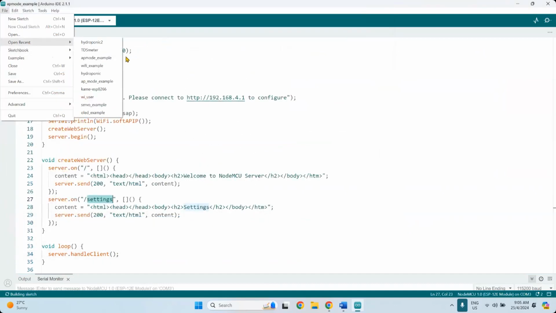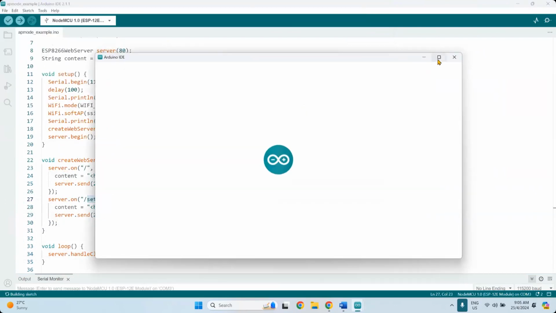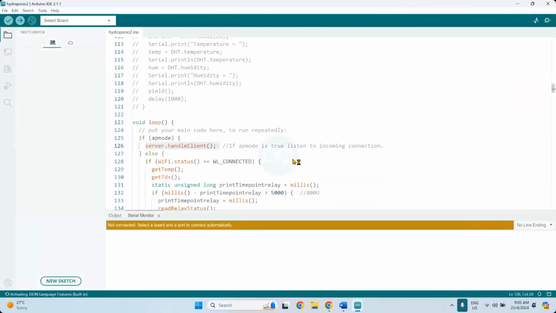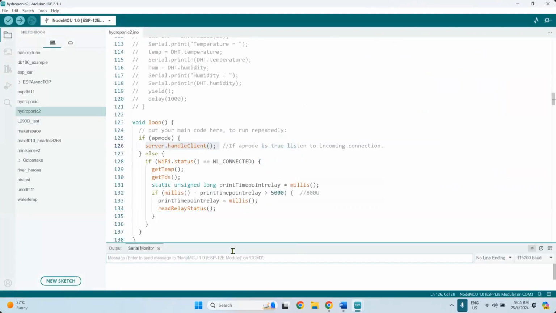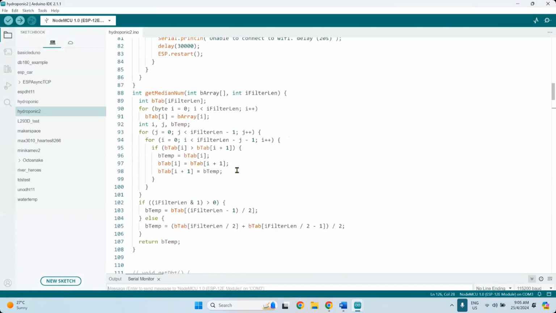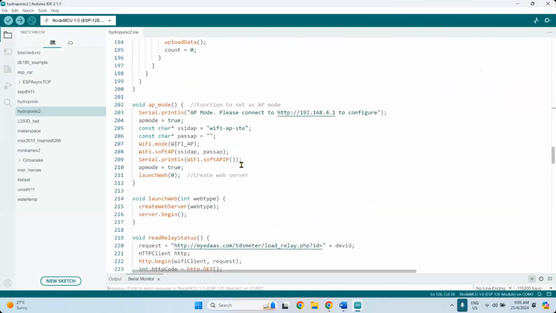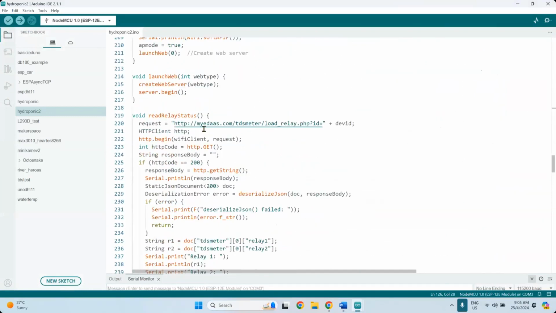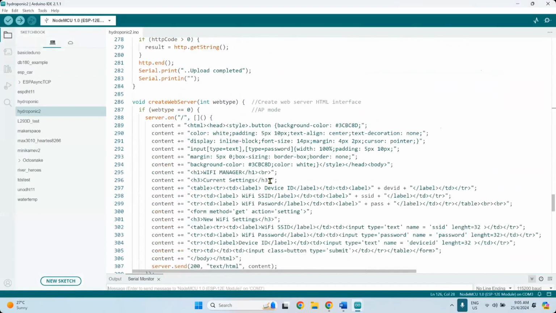For example, the one that I use here in my hydroponic 2 project is basically to configure the router. This one is an HTTP request, HTTP here.